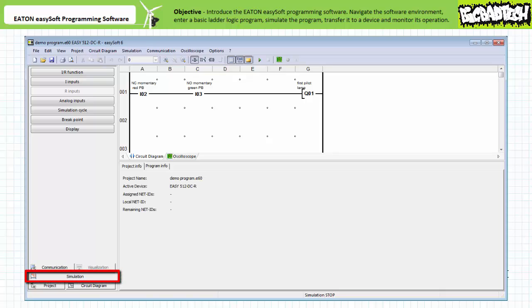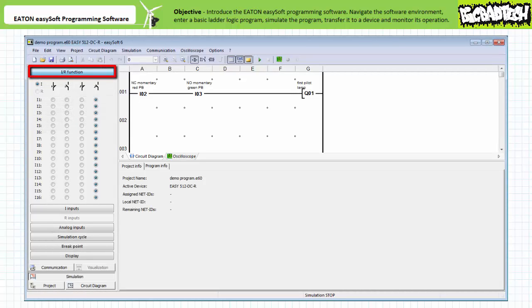The simulation window allows a means of testing and verifying the functionality of a program before going live with real hardware in a production environment. The simulation workspace shows the status of the program ins and outs as dictated by simulated field input conditions. Before pressing play, open the IR functions on the left menu to modify the electromechanical nature of the simulated field